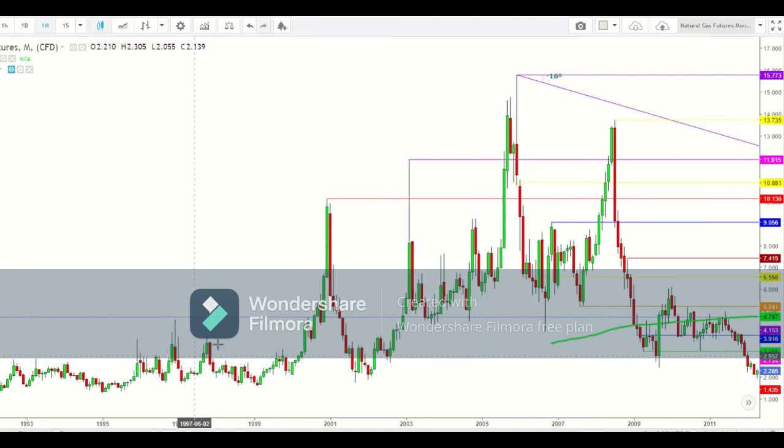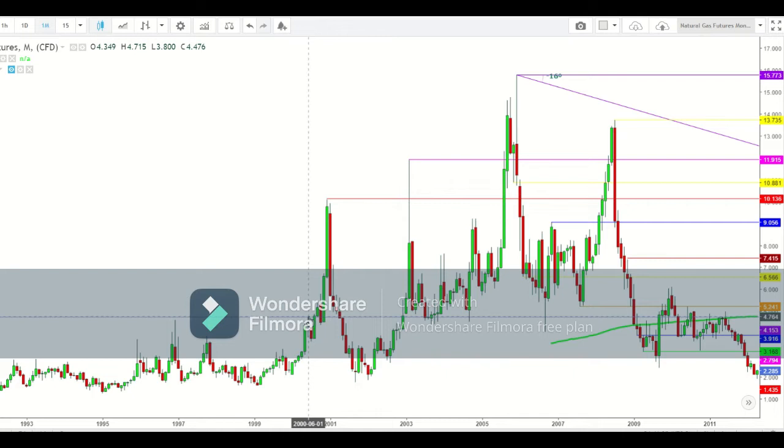But here you can see that the moves were not sustainable up to the year 2000, when the natural gas futures finally found a breakout above this immediate resistance at 2.640. So friends, here you can see how the natural gas futures started an uptrend well above the $2.663 in January 2000,